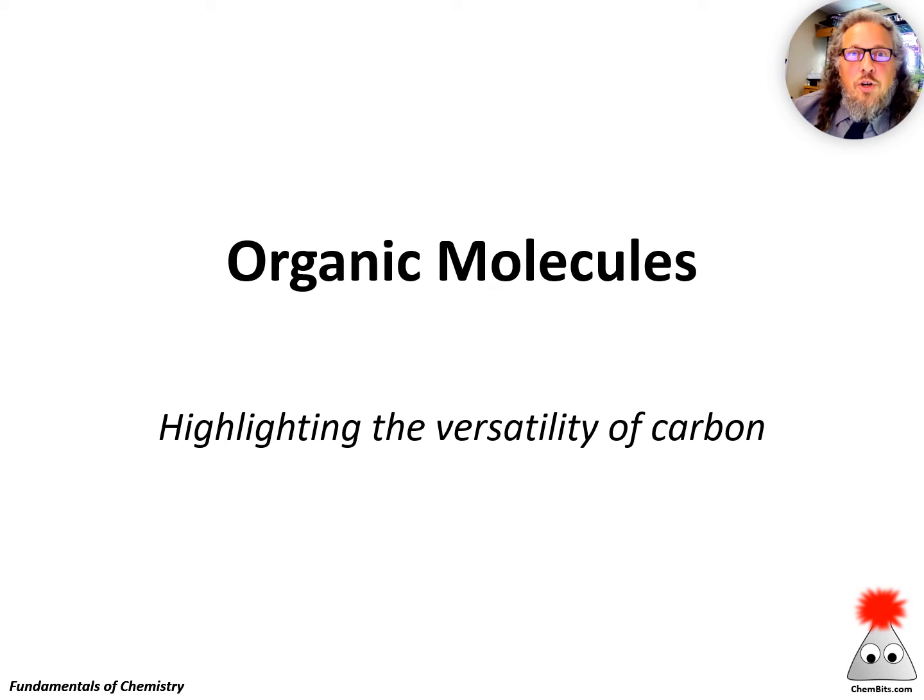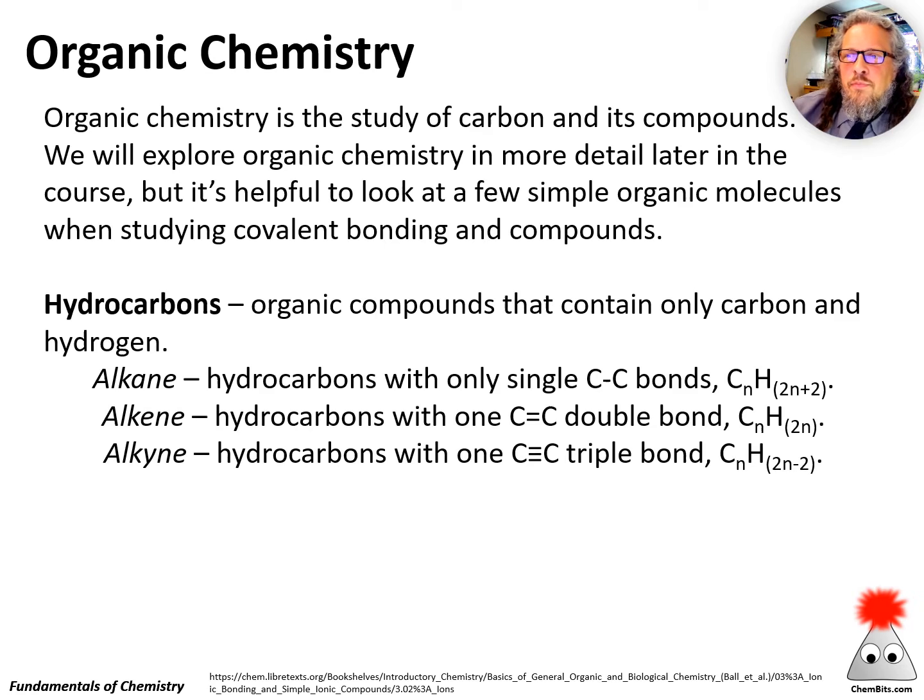Carbon is an extremely versatile element, so much so that there's an entire field of chemistry that's devoted to carbon. Carbon most often forms covalent compounds, so it makes sense for us at this point to dig a little bit into some organic chemistry to help us have a few more models and chemicals to play with as we move along. Organic chemistry, as I said, is the study of carbon and its compounds. We're going to spend a number of chapters looking at organic chemistry a little bit later on, but for now, let's just look at some very simple organic molecules that we can use as examples when we're looking at covalent